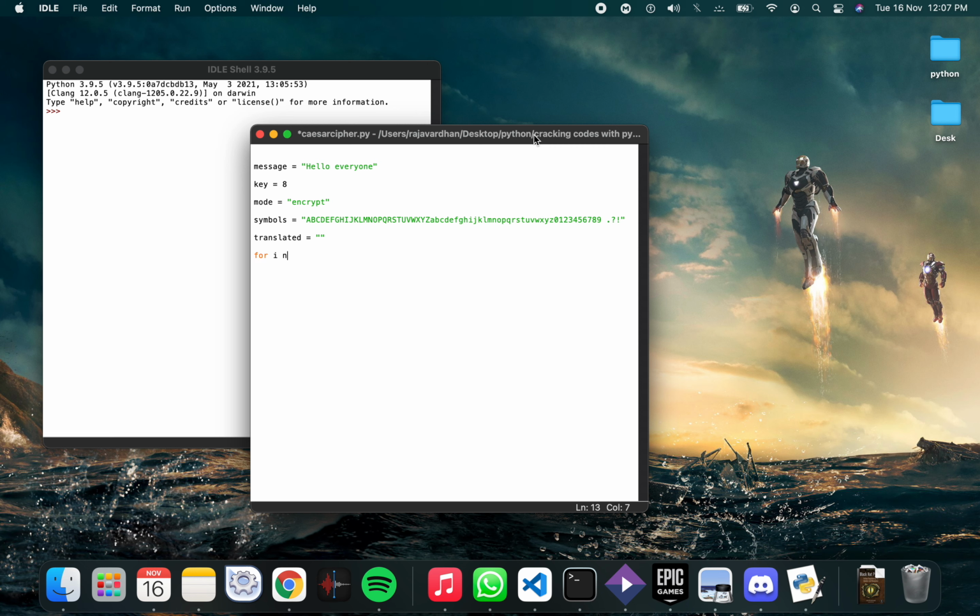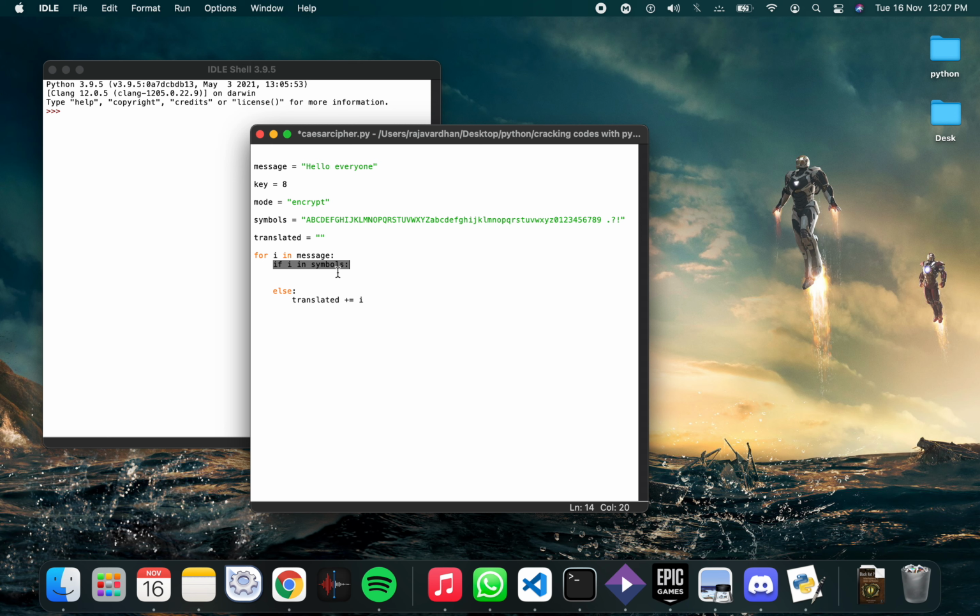Now I will iterate through the message. If the character is there in the symbols, I will do encryption or decryption.